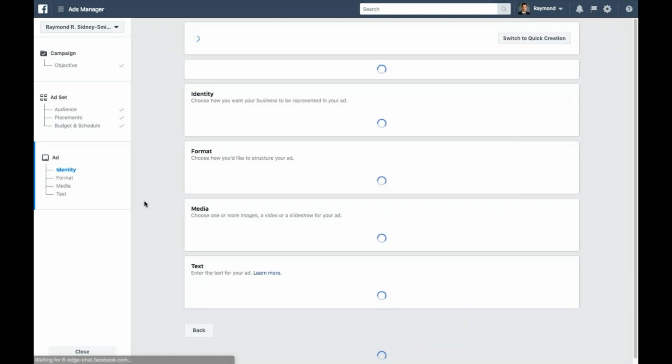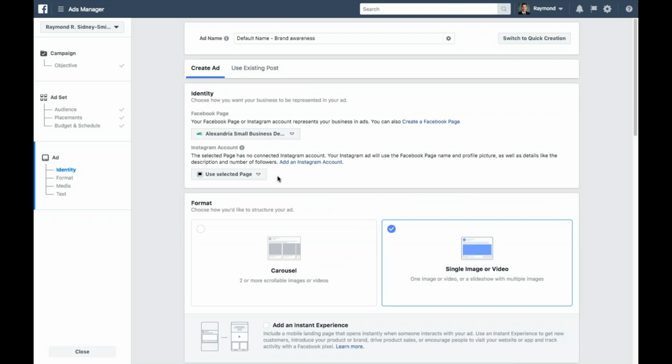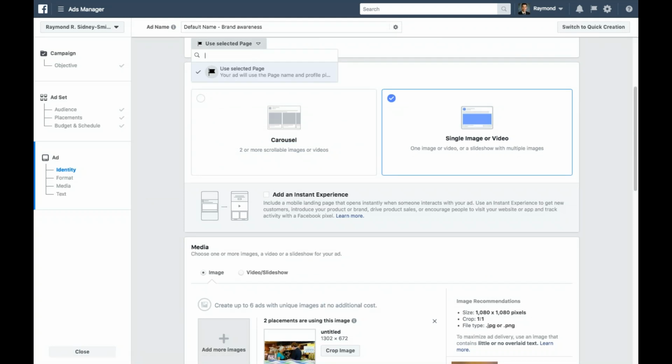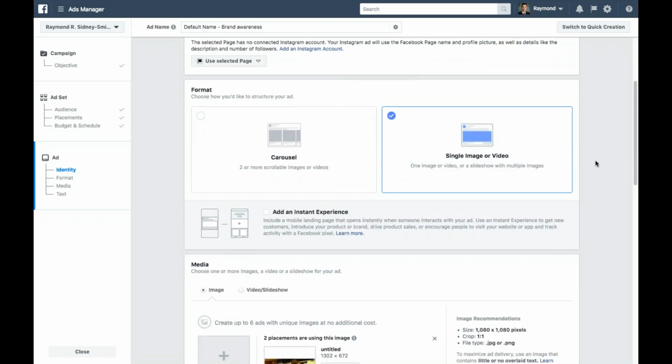And at this point, we then get to the Instagram ads section where we choose the content and the makeup of the actual ads themselves. Okay, so in this particular space, we have the ability to choose a specific Instagram account. Oh yeah, this is a brand new account, so it's not going to show me my Instagram profile, obviously. But here, if I had an Instagram account, it will then give me the ability to drop down and select my Instagram account, and then I would be able to choose among the various